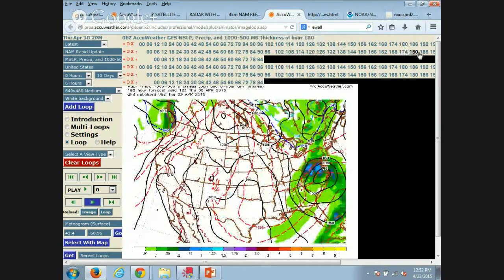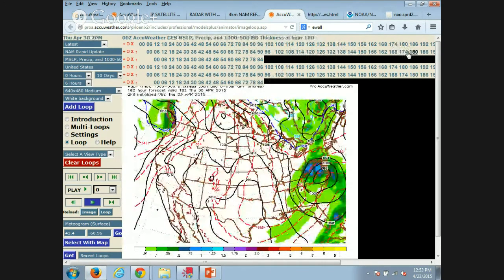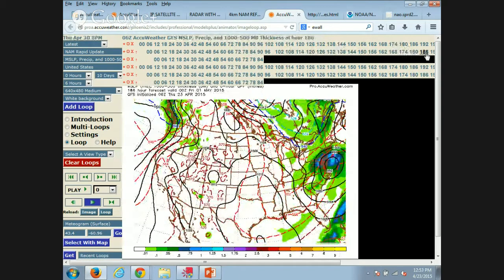This is the GFS model, still tries to bring it up by Thursday. So that's one thing we'll be looking at next week: what happens to one of these southern branch systems. If the NAO remains as strong as it's forecast to be, chances are it'll pass by to our south. But,